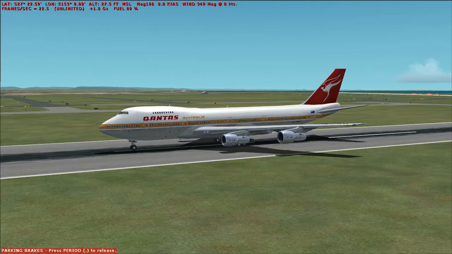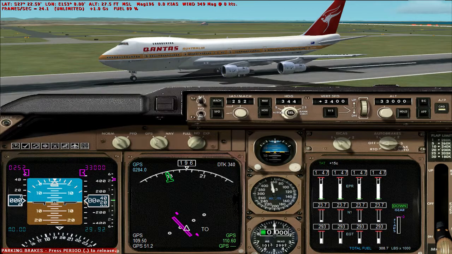Okay, today I shall be flying this Qantas 747-200 circa 1975 from Brisbane International Airport to Sydney International Airport. I shall be flying at 29,000 feet, and I shall now set the autopilot to 29,000 feet. We shall ascend at 2,400 feet per minute, and that's about all I need to say at the moment, except